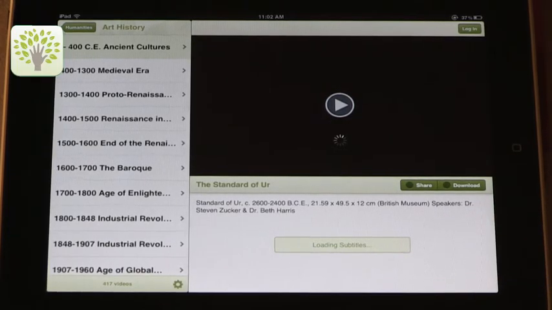Finally, I want to share one more app that is interestingly not usually thought of when we think about history. But as the Khan Academy expanded, they have added movies that can be viewed on different topics across the spectrum. And one of the places that they've actually added is in the humanities, in art history. And they have a specific section in art history that goes to ancient cultures.